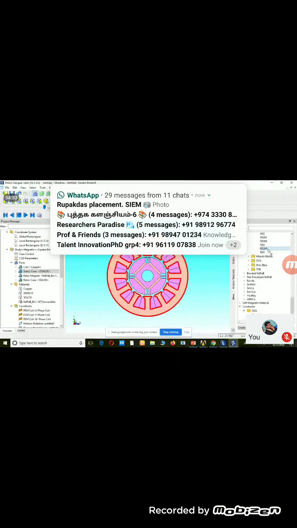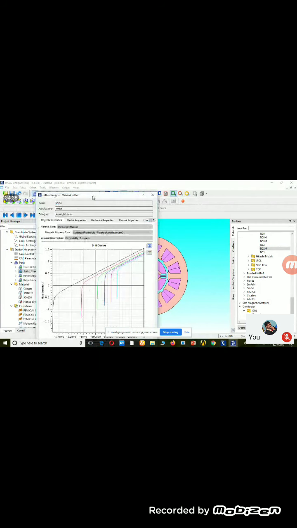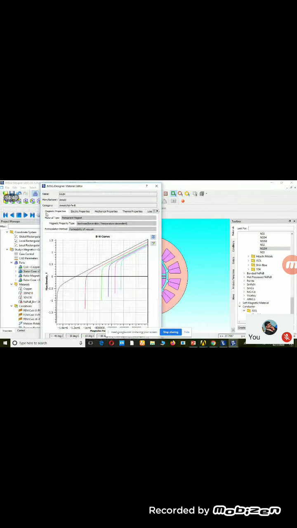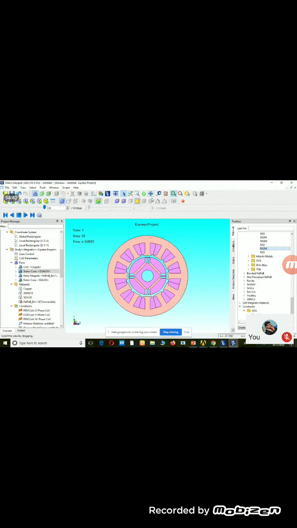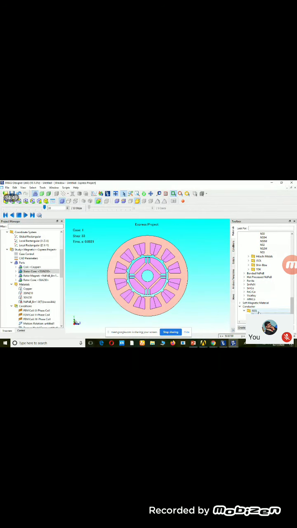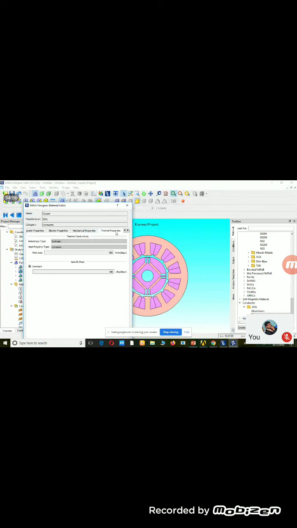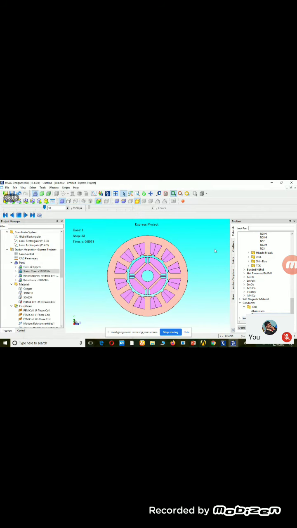Suppose you want to know the characteristics of this material, just double click the material. Whatever material you have, just double click it. Suppose you are using copper, just double click the material, right? We can see the characteristics and the thermal properties of all the materials, right? Depending upon these thermal properties, the temperature rise in the motor will be analyzed, right? So